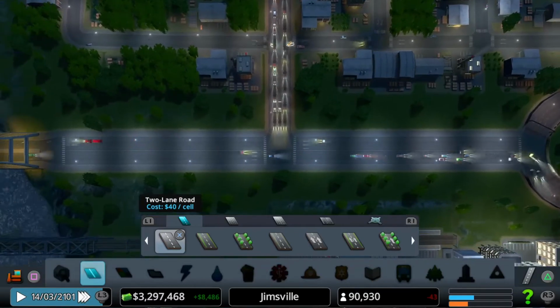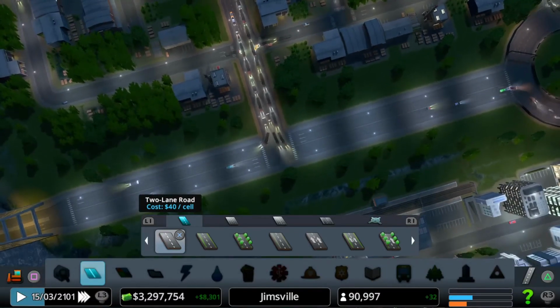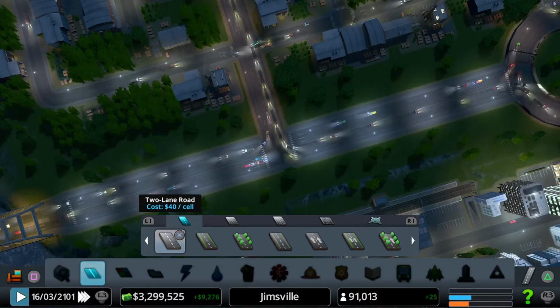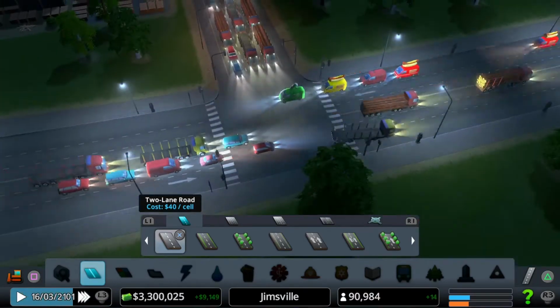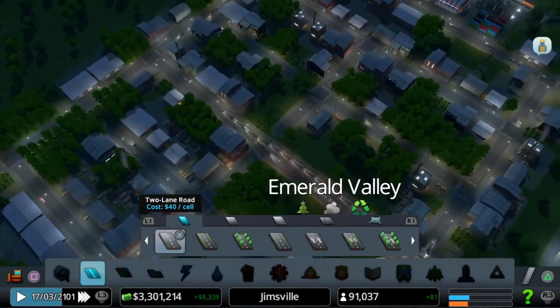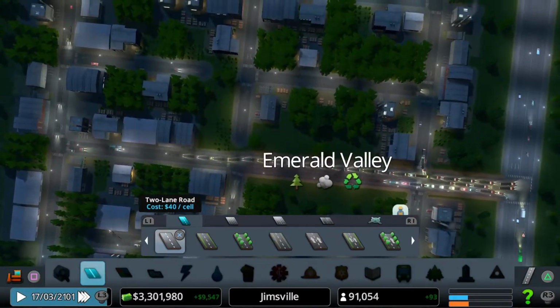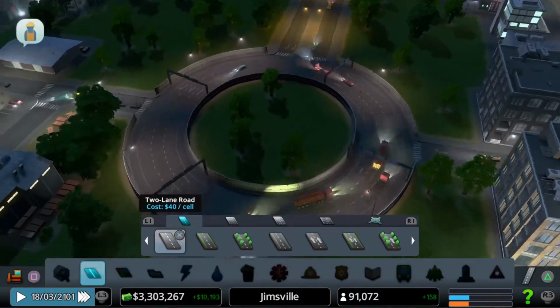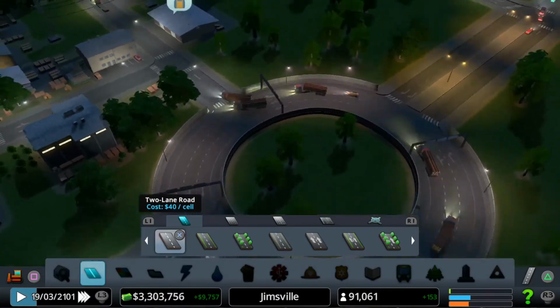Yeah, I think another roundabout might be a better option going in just there, but we'll see. I'll keep an eye on this over here. I think I'm getting a lot of traffic that's wanting to turn back and head back up, no doubt to feed to the rail hub again.